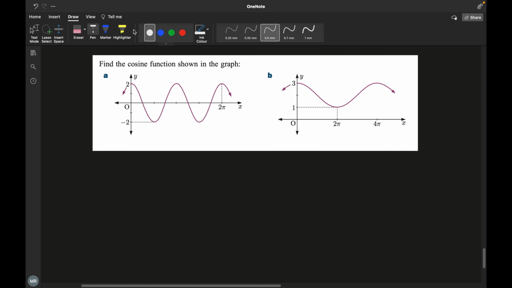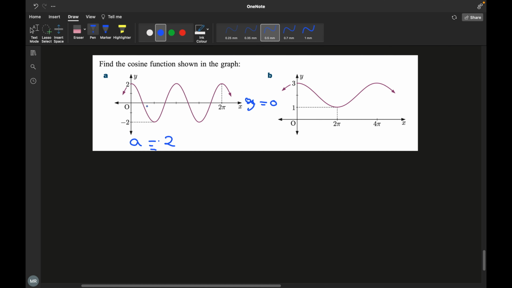Over here, wait, let me use a different color. Okay. We can see that the principal axis is clearly y equals 0. It's y equals 0 because above this line and below this line, we have the same amplitude. So the value of A would be 2. Alright, so now that we've established that,